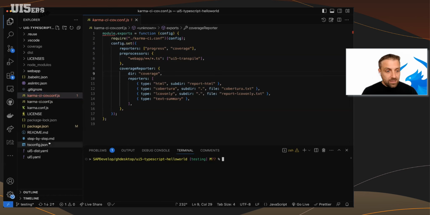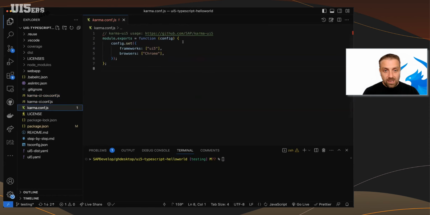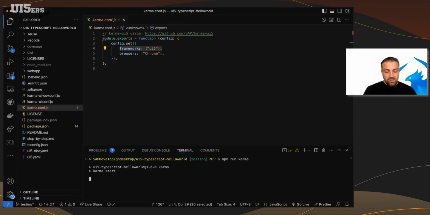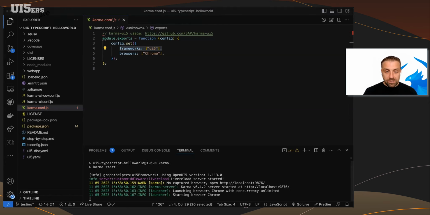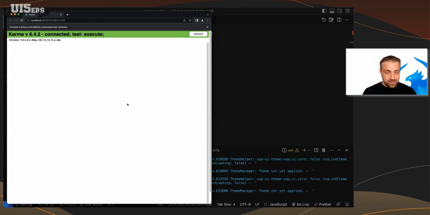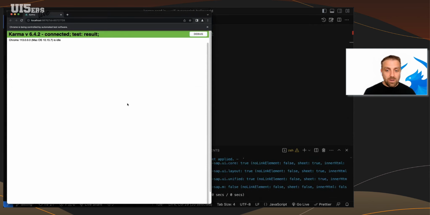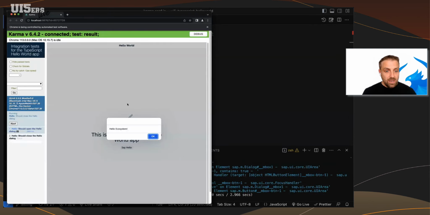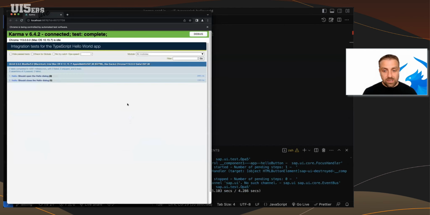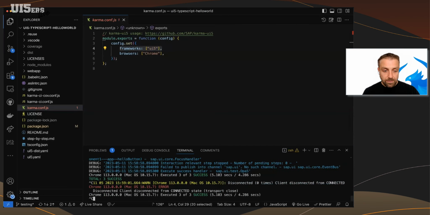And now if we execute that, what we have to do in Karma is, you know, it's just a framework UI5. With that, it's all in already. And you can then run the testing here, Karma. I can just do it also without the coverage as a first thing. And now this is running the unit tests. And I see in this case, if it's not the CI, the browser is running, it shows the tests, and it clicks through my application now. And at the end, I come back and the tests are okay.